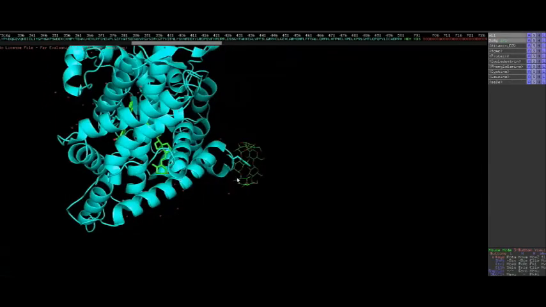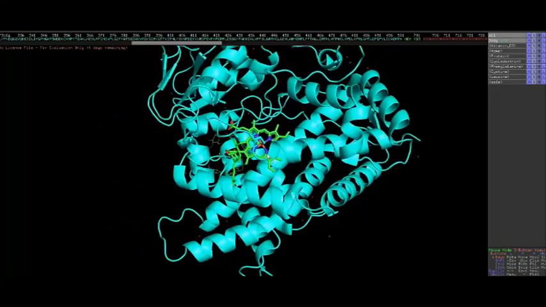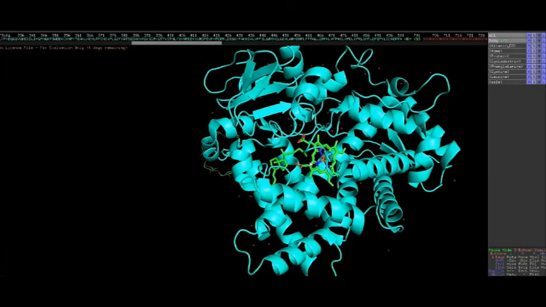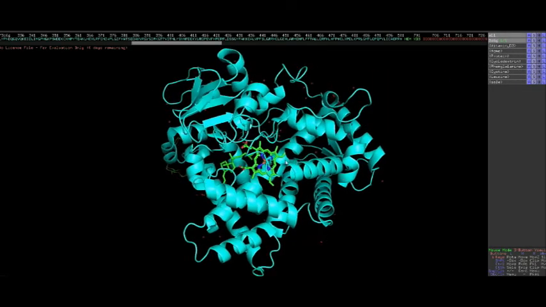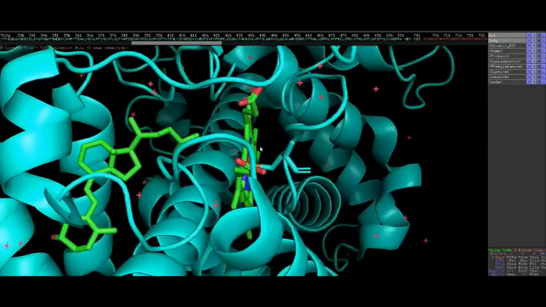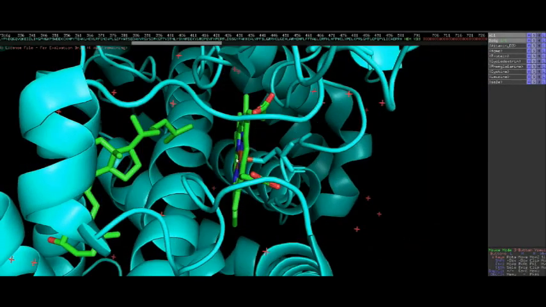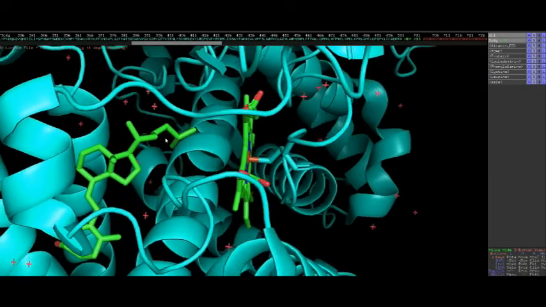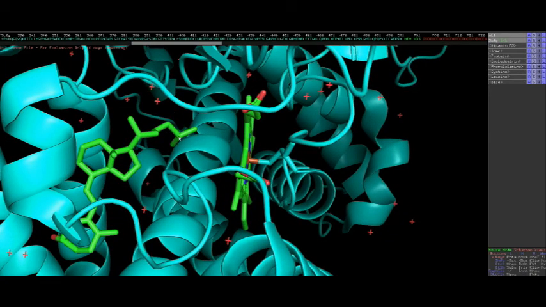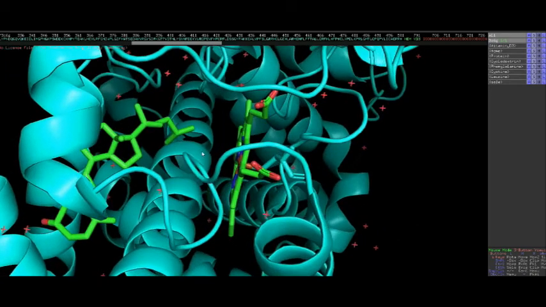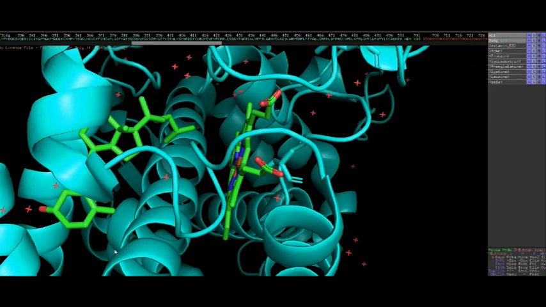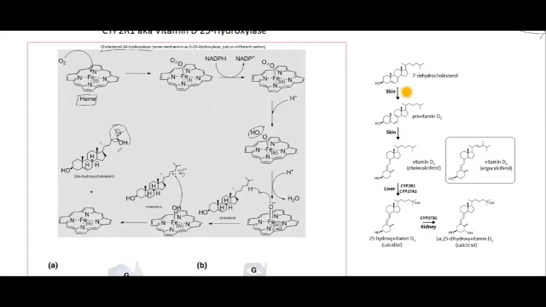So that doesn't have anything to do with the function of this enzyme. But once again, we can see here this heme group, this iron is being brought close to this carbon right here, which is the analog of our carbon 25 on the vitamin D3,